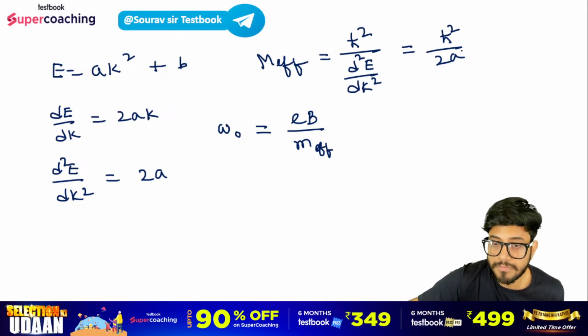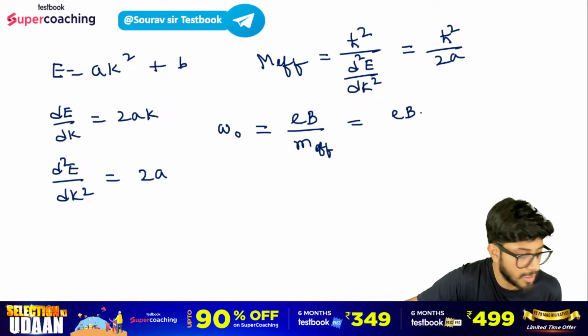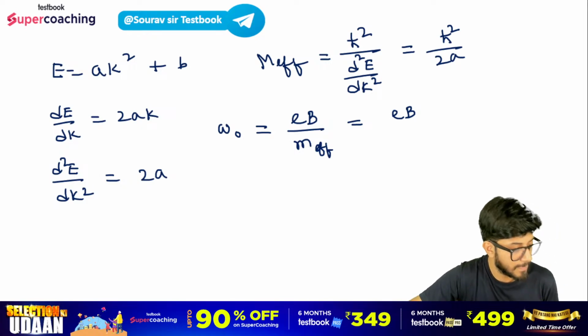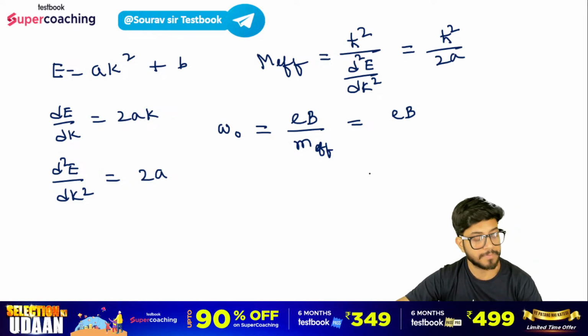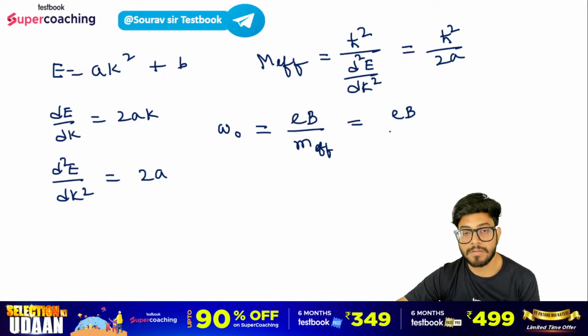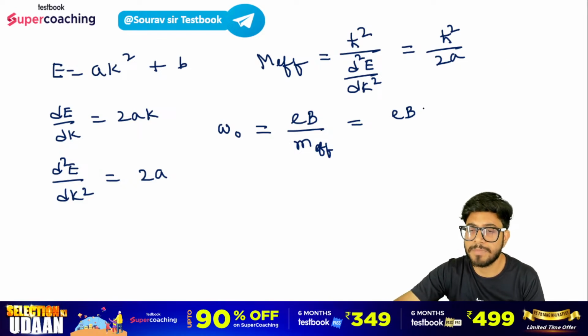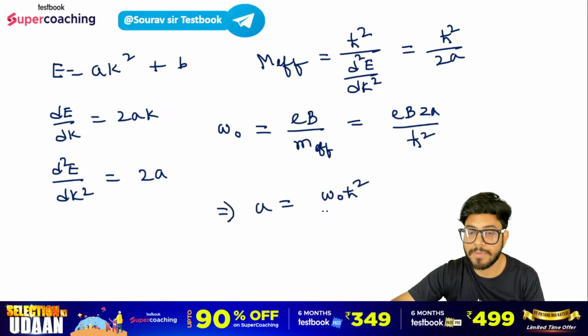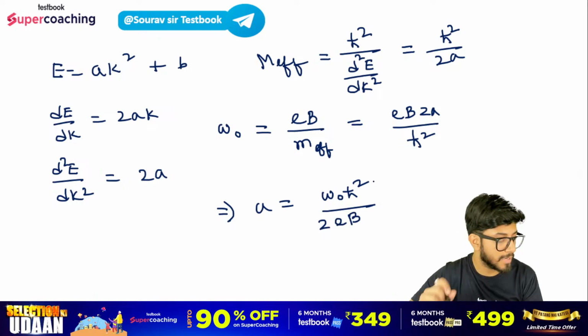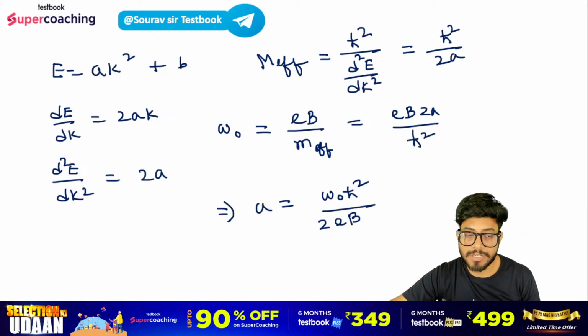तो यहां से ये क्या आ जाएगा, EB by M effective, you know this, right? So it is E into B divided by M effective, so EB into 2A by h square। अब यहाँ से हम लोगों ने बोले A का वैल्यू निकालने के लिए, so A is equals to omega naught h square divided by 2EB। ओमेगा नॉट का वैल्यू क्वेश्चन में दिया गया है,